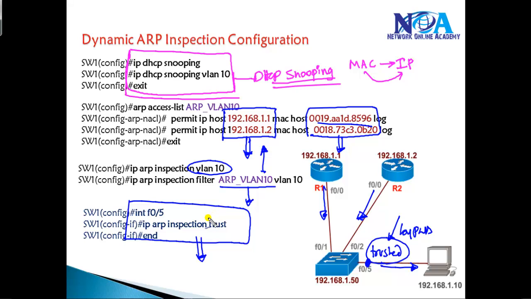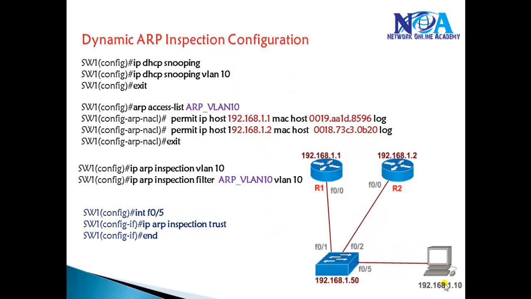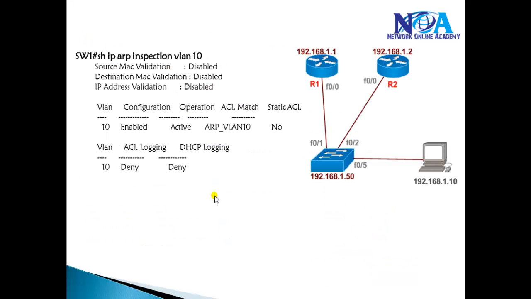Now there are two options for this to work. If you don't want to bypass this, then you need to add this entry in the ARP ACL. And if you want to bypass, then you need to configure this port as trust. Either we can bypass that DAI inspection by configuring the port as trusted, or we can manually add the entry, which means if the entry is there, then still you will be able to telnet. So there are two possible solutions we can go with. Now in my lab scenario, I'm going with the trust option, just to have one more option. So this is something we are going to verify in more detail with some live scenarios.